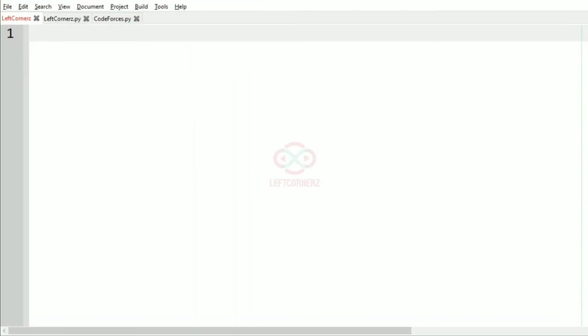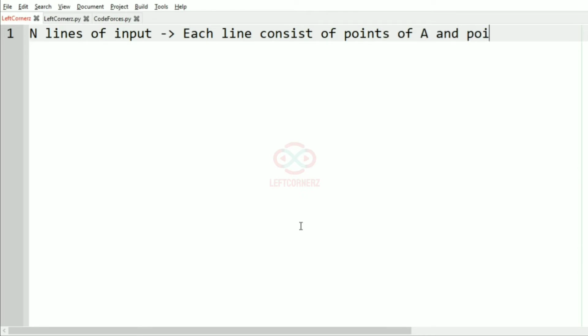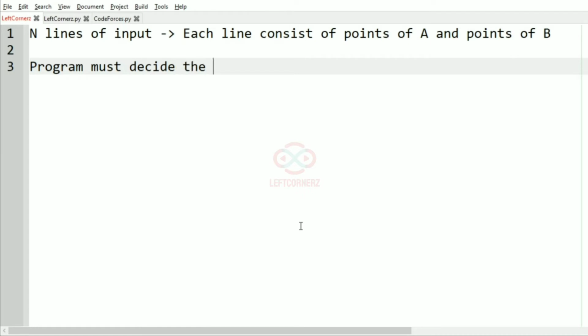First, we'll understand our question. The program has to accept n lines of input, and each line consists of points of A and B, and then the program must decide the winner based on some